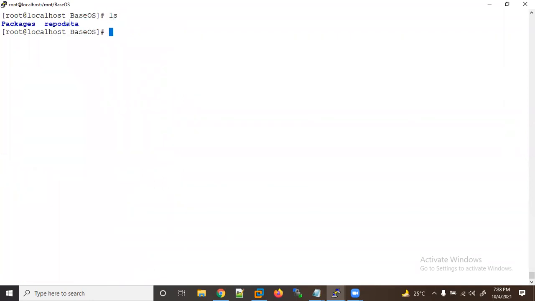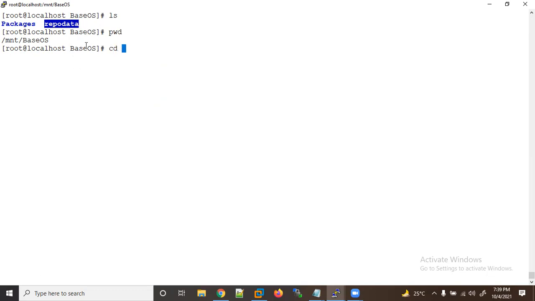Here, this is the repodata. It is important here. Okay, I will give this path, /mnt/BaseOS, in the repodata file. I will show you how to write it. Don't worry, I will create that. There I will show the path. I need that directory, repodata. If this directory has been deleted, for example, how we can create it, we will learn that as well.